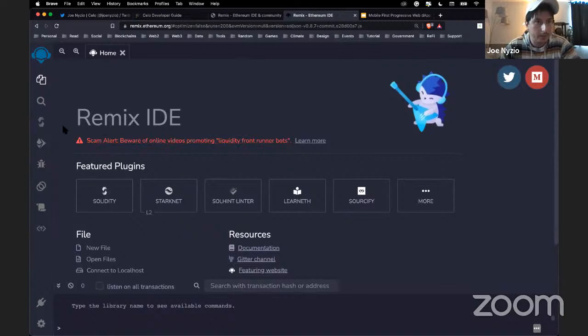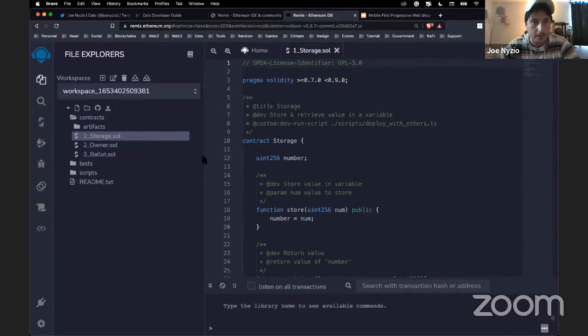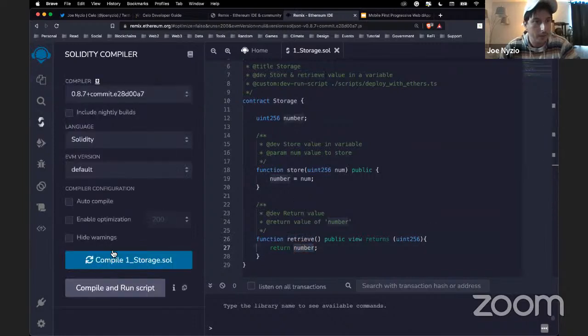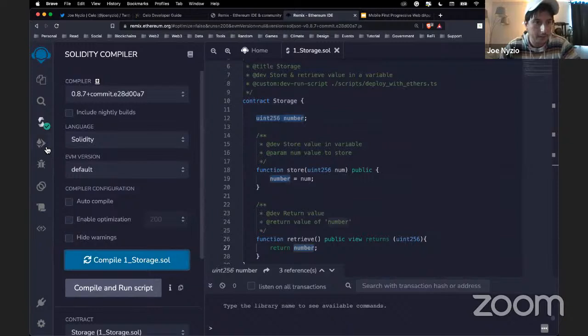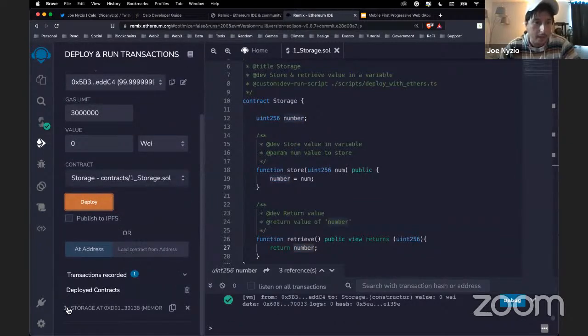Looks like I lost a panel over here. One sec. There's a couple different settings we'll look at over here. And here is more of an IDE where you've got different contracts, tests, and scripts you write. What's cool about it is right away, you've already got a smart contract, in this case, a storage one, and what it does is it stores and retrieves a number. You set the number here, here's where it's storing it, and here's where it's retrieving it. Right away, you can just go down, compile the smart contract, and then deploy it. And it gives you a front end.